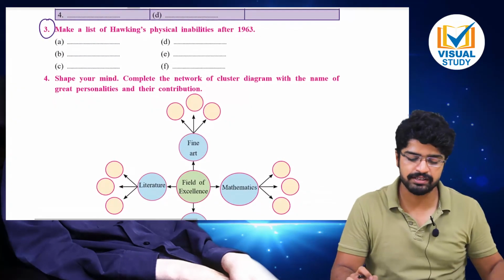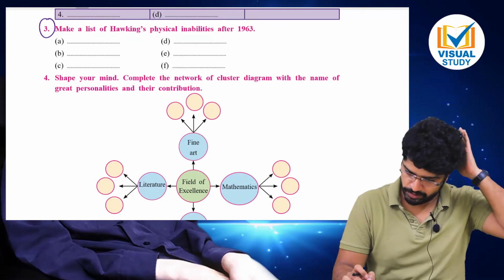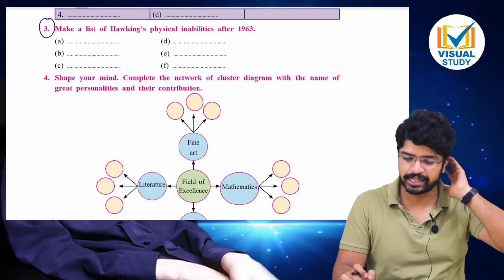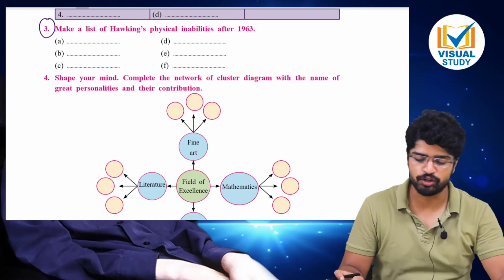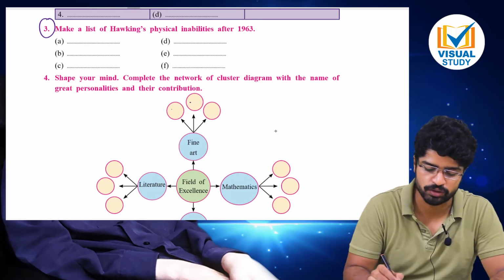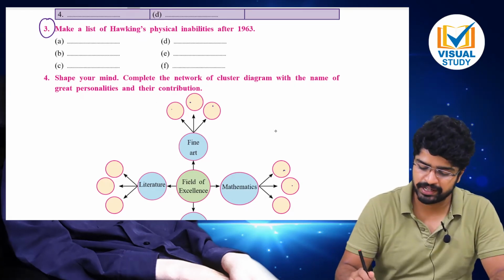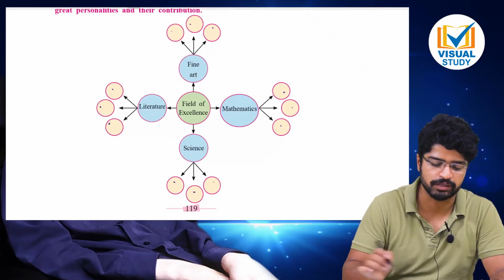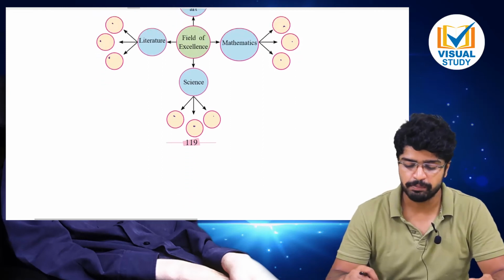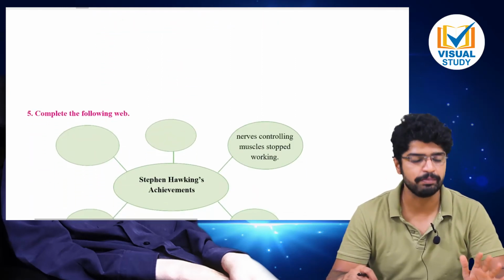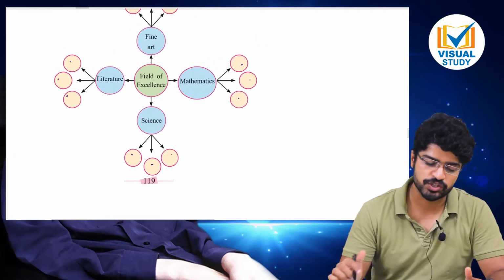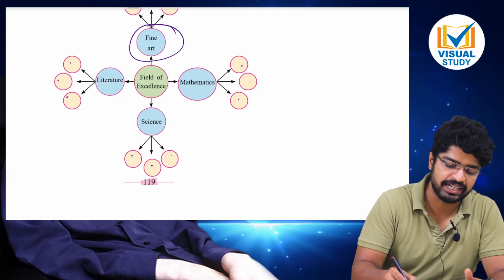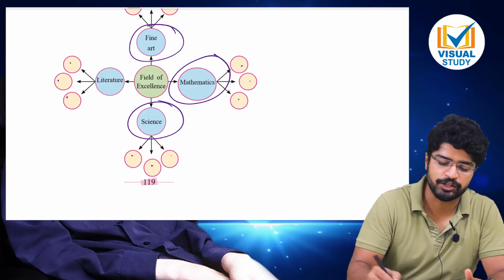Next one, complete the shape your mind. Complete the network of cluster diagram with the names of great personalities and their contribution. So who are the great personalities in fine arts? In mathematics, who are the people? In excellence, in science, in literature, who are the people? So you simply have to name the personality. I suggest you remember it very well, because if this question comes asking for 2 people from science, 2 people from fine arts, any 2 people from mathematics,